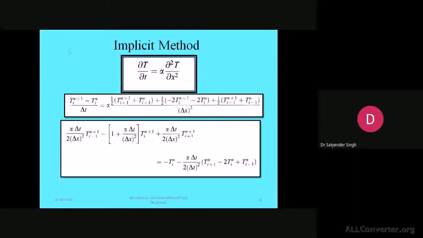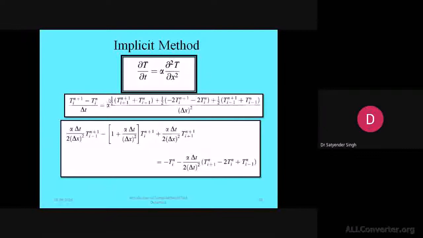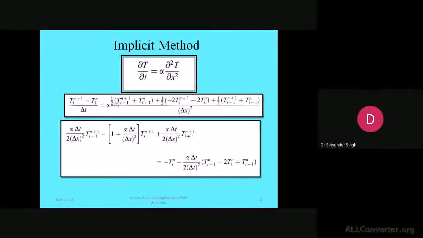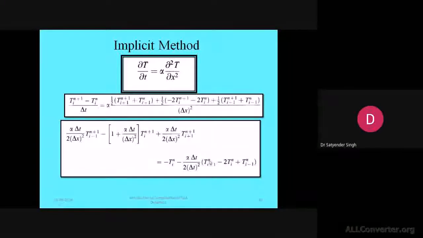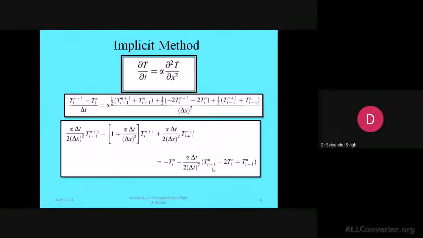So what we do in the implicit method, we are taking the average between the two time levels and then creating the algebraic equations in such a way. On the right hand side, we are keeping all the temporal terms at the n plus 1 level, and again, like for the explicit method, we are keeping them at the n level. And still, it is taking the information at n plus 1, i plus 1, i, and i minus 1 level.